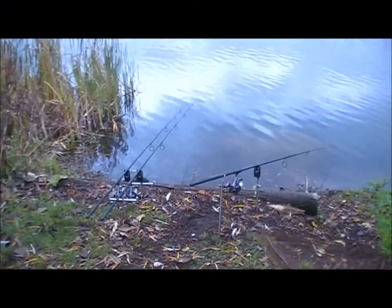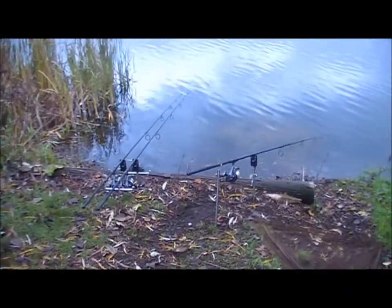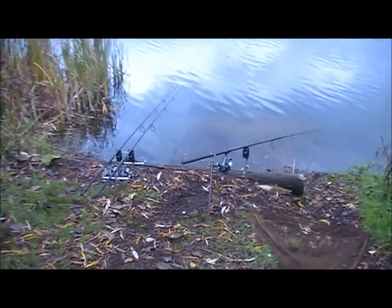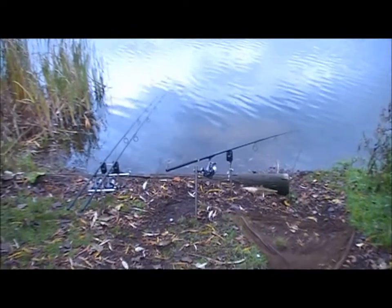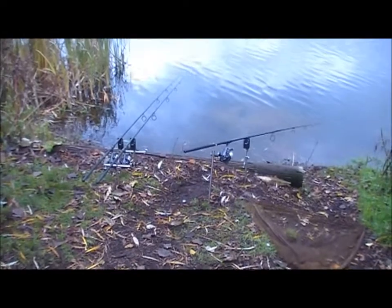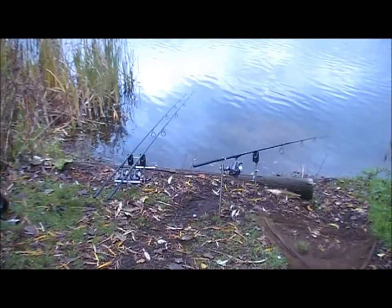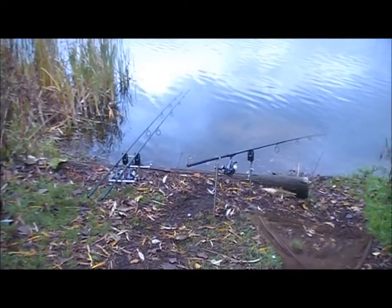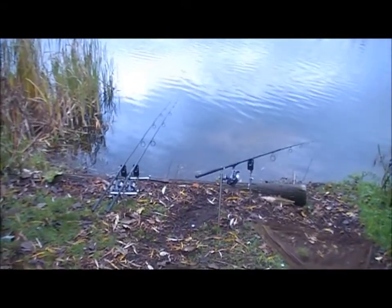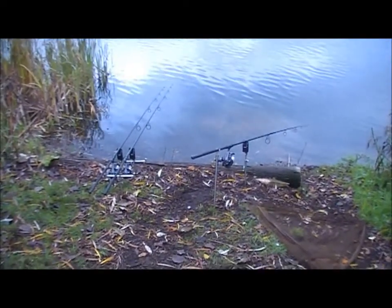Well, good afternoon folks. It's smack on 4:15. I'll kick off this blog by saying apologies if my voice sounds a bit croaky, but I'm absolutely filled to the brim with cold this week, and so is my partner in crime this week on the bank, Mr. Rudge, Nick Rudge that is, who no doubt you've seen in blogs I've done over the previous half a dozen months. But we're on the banks of a water that I haven't fished for well over 10 years, and I